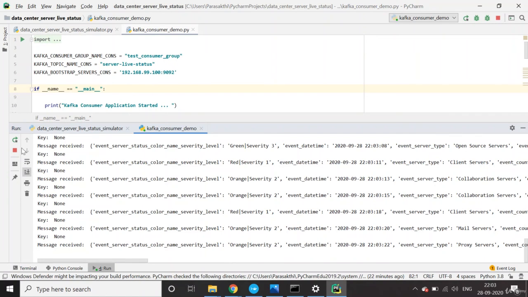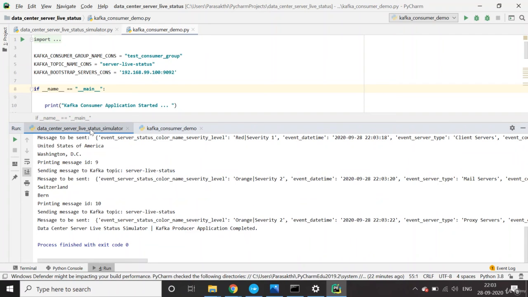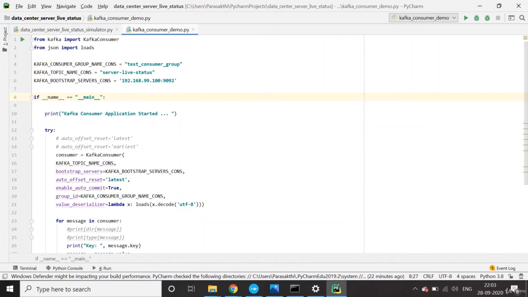I will also explain the Kafka consumer just for understanding purposes. We are not going to use this consumer, it is just for testing, because our consumer is a Spark structured streaming program, which is a streaming data pipeline that will do a lot of transformation after consuming this data. The consumer is again a simple program.